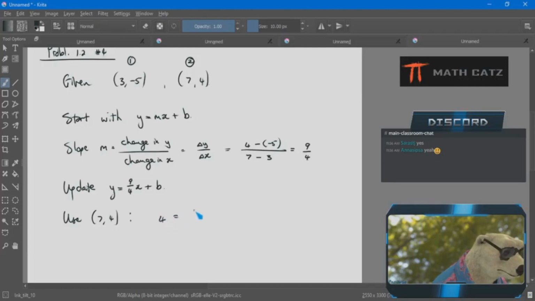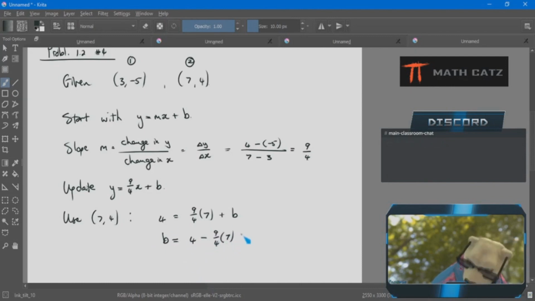4 for y, 9 over 4 times 7, that's going to be fun, plus b. All right. Now we could stick to the fractions, there's no harm. You could do it on your calculator. Let's leave it exactly like that because I want to demonstrate something. Do whatever you want to do here, but if we want to practice our calculator use,